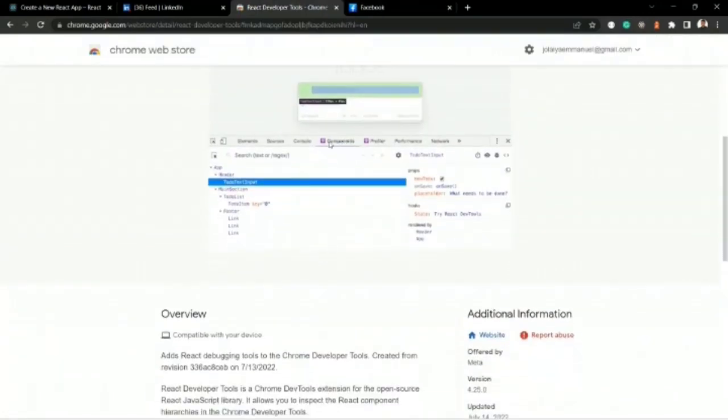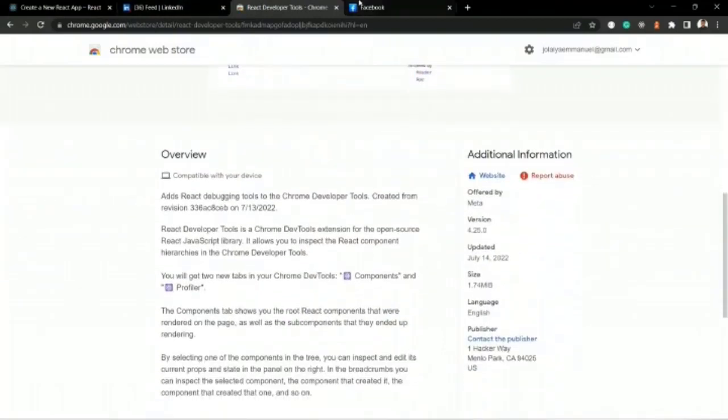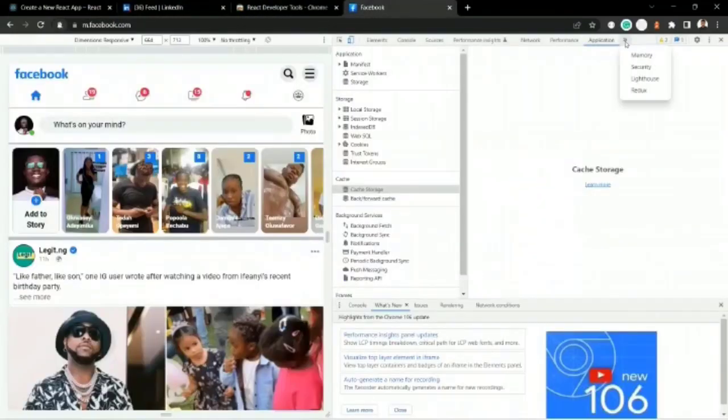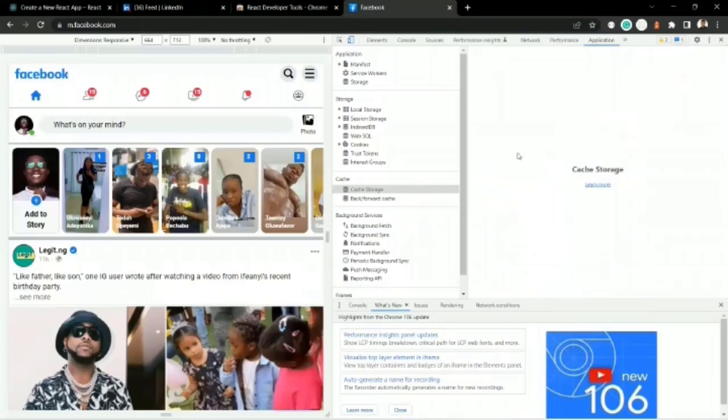I ought to be seeing something called components, and it's strange that it's not here. Anyways, yeah, let's proceed. But it would have been interesting if I can show us how Facebook looks